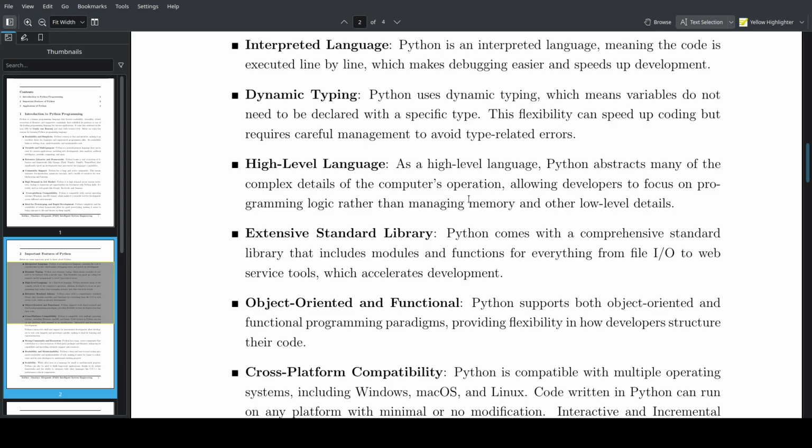Also, it's a high-level language. There's also a high-level programming language like Java as well. It also makes use of OOP, like having classes. It has classes, it has functions for modularity. It also has an extensive standard library, like I/O, tools, even for networking as well. You have a lot of tools.